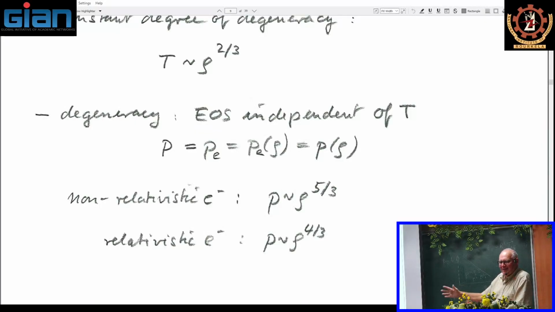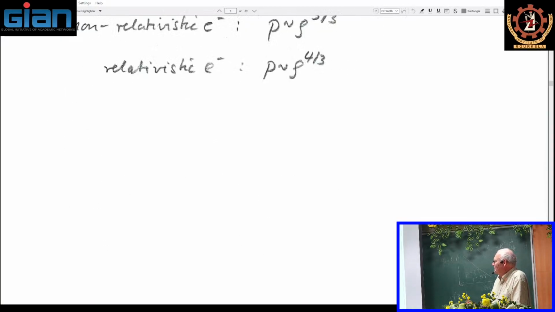Well, think of everyday life. Is there someone who is familiar with solid state physics, with metals? Electrons in metals are degenerate. They suffer from the same degeneracy as the electrons in a star at low temperatures. So degeneracy is nothing very uncommon. It happens in a metal. It's normal for metals. Okay, so